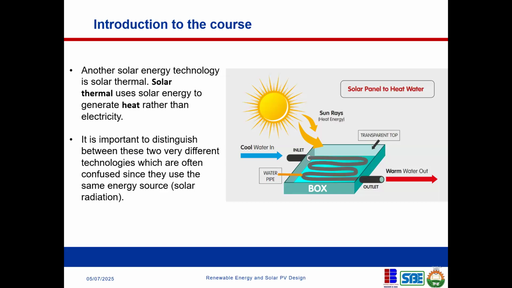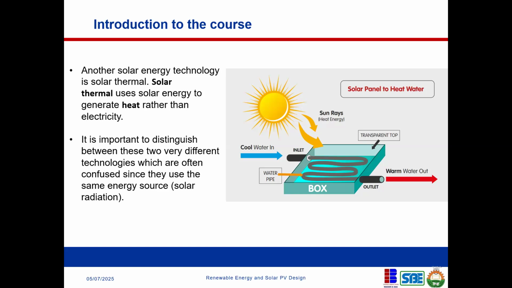So another solar energy technology is the solar thermal. There is a PV module and then there's a solar thermal. Sometimes we confuse this and they are not the same thing. The solar thermal uses solar energy to generate heat rather than electricity. So the PV module generates electricity, but the solar thermal generates heat. It is important to distinguish between these two different technologies, which are often confused since they both use the same